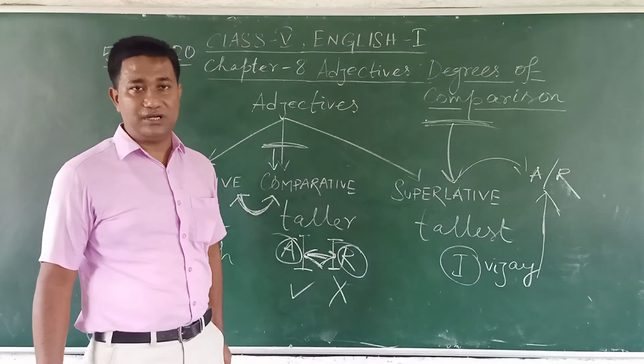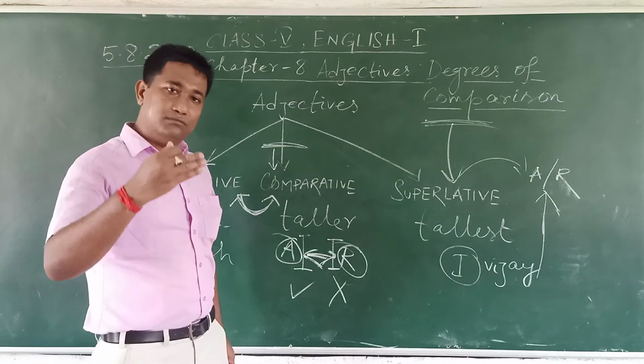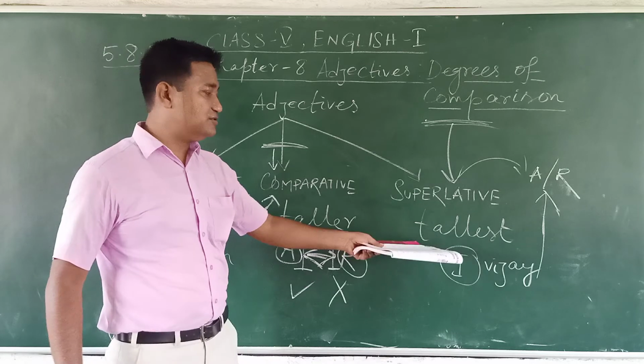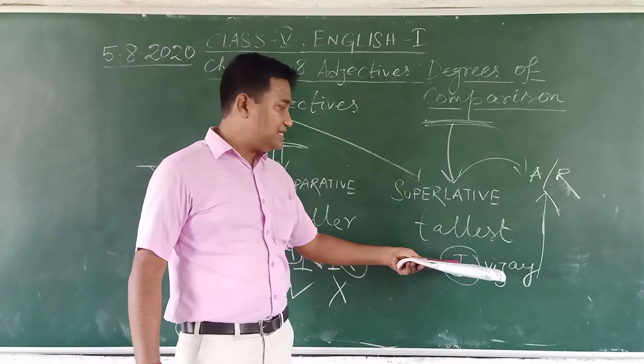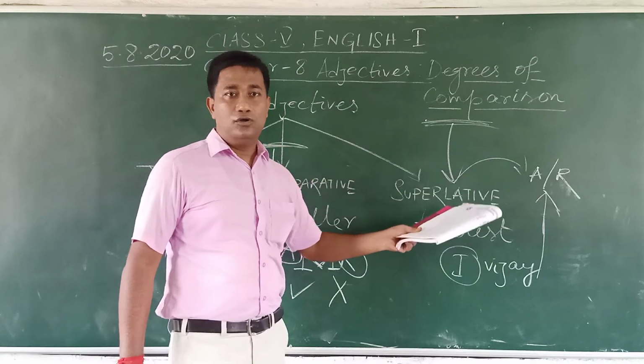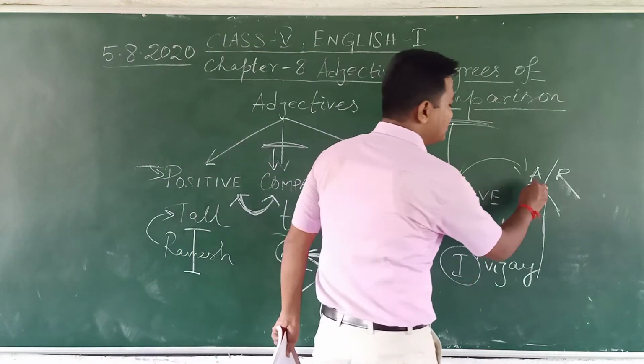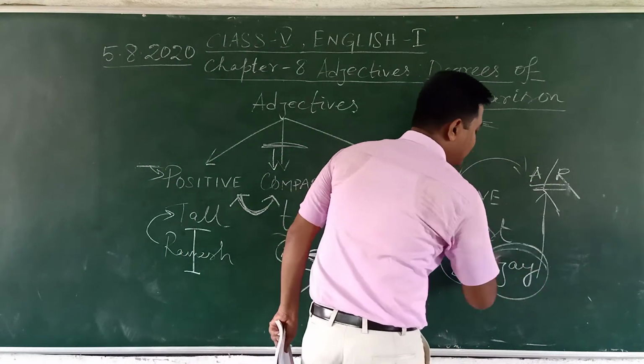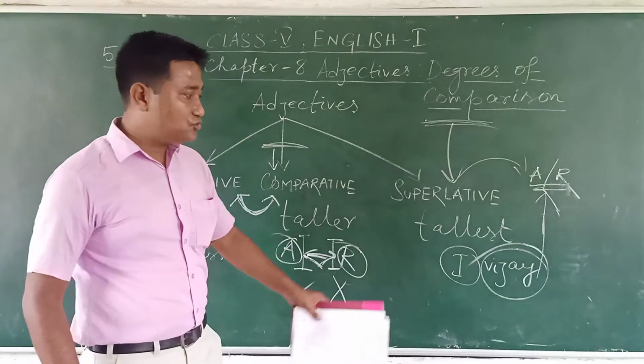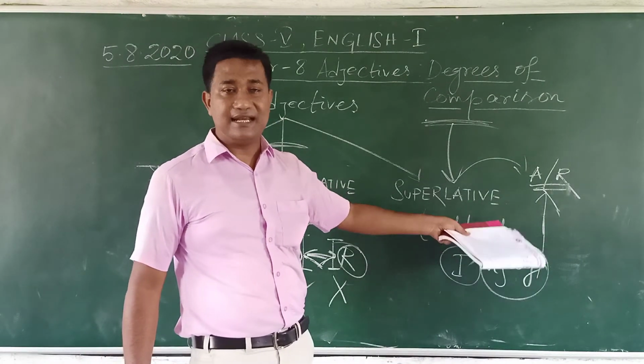So Vijay is the tallest one. No one is taller as compared to Vijay. Okay. Vijay is the tallest. So he is the supreme in height among these three, Atul and Ramesh and Vijay himself. Okay. So he is getting the supreme height.